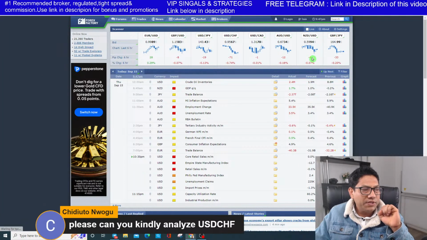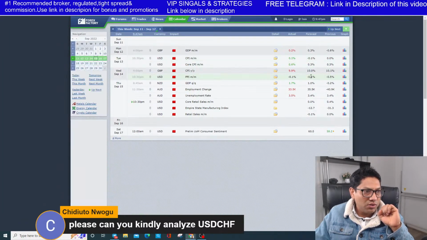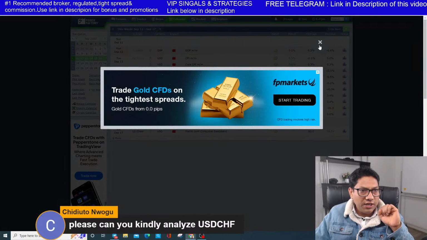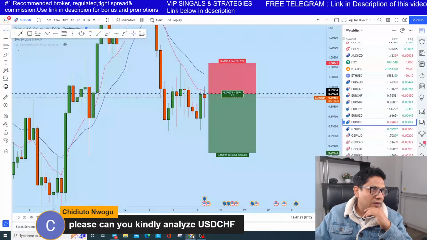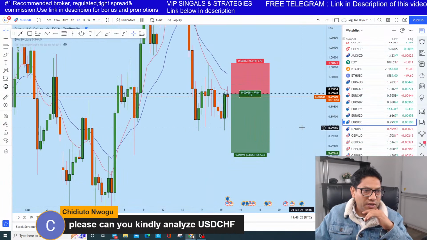It's a free website where you can find high impact news releases. So we see that tonight at 10:30 p.m. Sydney time, which is now 9:47, there are 3 high impact news releases coming up, and the prediction is really ridiculous. After these 3 news announcements, we could potentially see some good movement in the market.